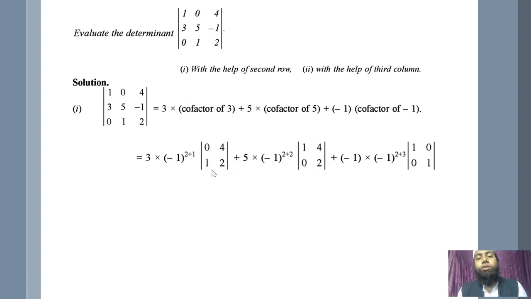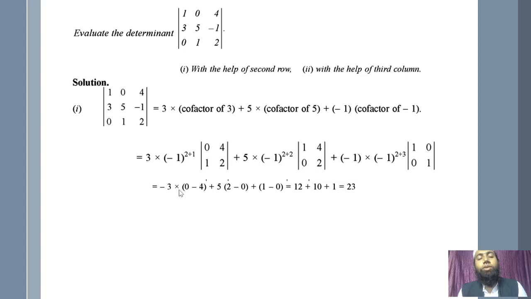And keep in mind, whenever we are multiplying, first you have to multiply this first term to this term, then this term to this term. So this is 0 minus 4. This is 2 minus 0 into 4, and this 1 minus 0. So this 12 minus 3 into minus 4, 12, 5 into 2, 10, and this minus 1 raised to 5 minus, plus minus 1 raised to 4 plus 1, minus 1 raised to 3 minus.